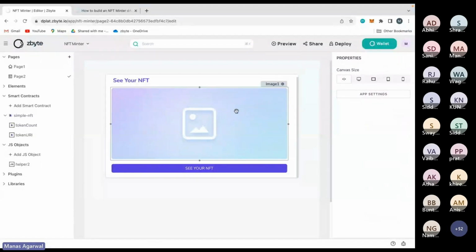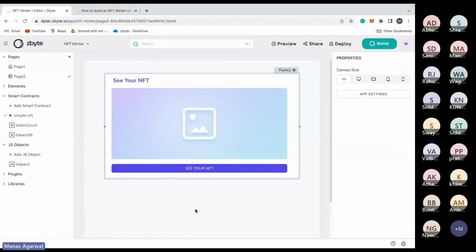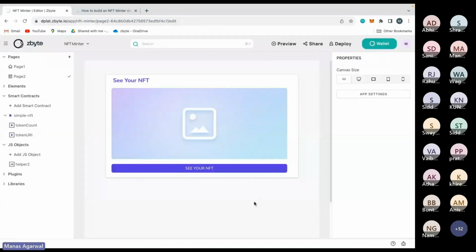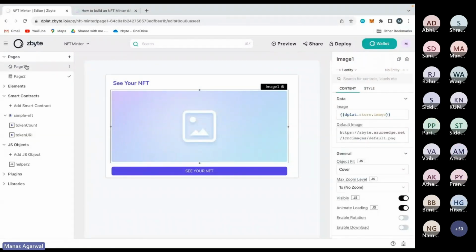And that's it. So whenever this button is clicked, that value will be stored in that image variable in the cache, and it will be displayed here. Okay. And that is how you create your dApp. Now what we're gonna do is we're gonna deploy our